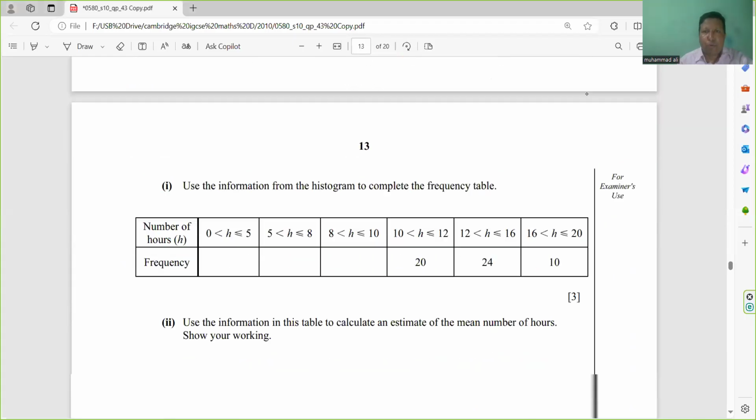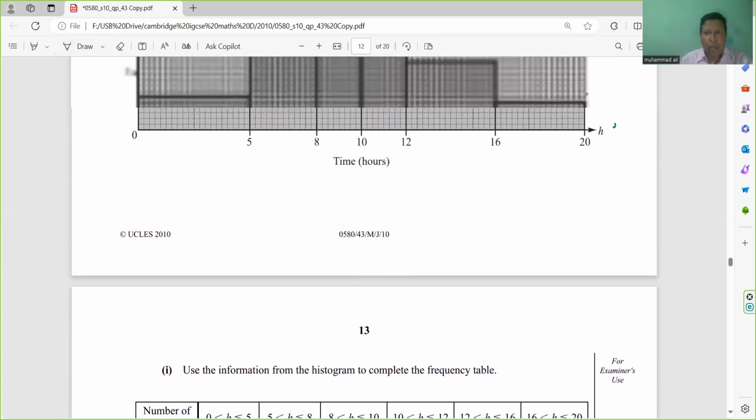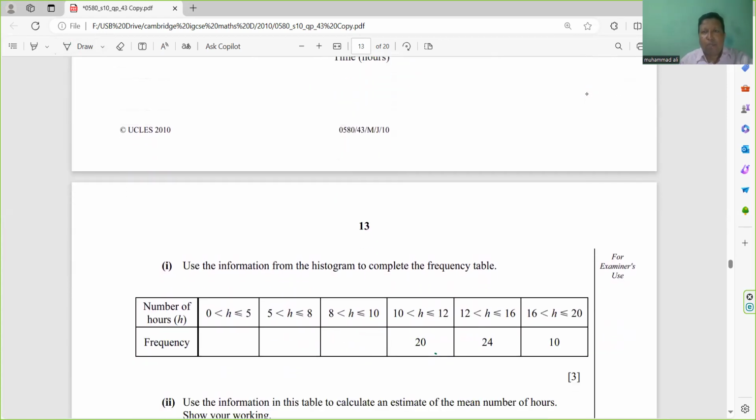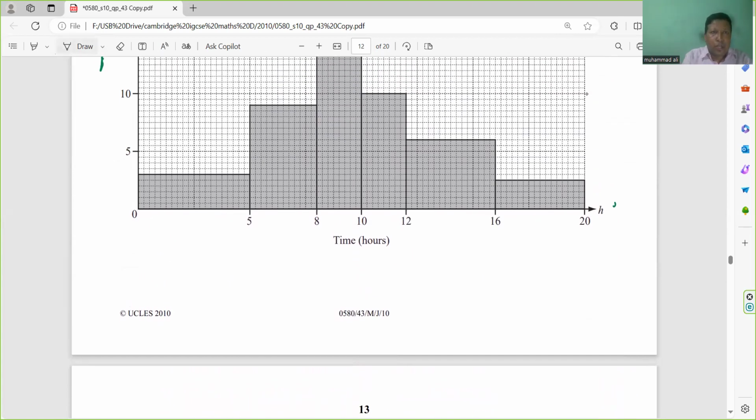At first, we have to check in the table which value, which frequency is given, and which histogram is already drawn. So here, for 10 to 12, the frequency is 20, and the 10 to 12 histogram was already drawn. So if we write for 10 to 12, we know that frequency is proportional to area, frequency equals Ka, and